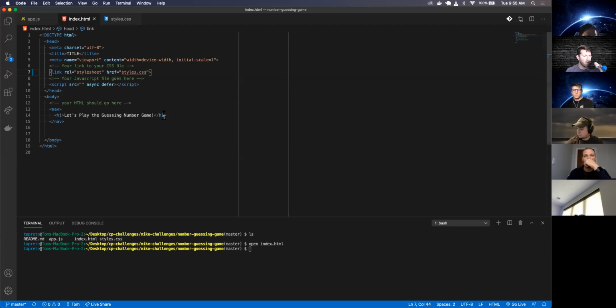So under the head in the script source, you would put the app.js. So script source, put the file, the location of where my JavaScript is located at. So app.js, that's the name of my JavaScript file. There we go. And generally speaking, you can keep this up here in the head, or you can go down